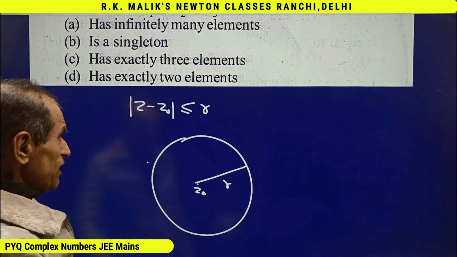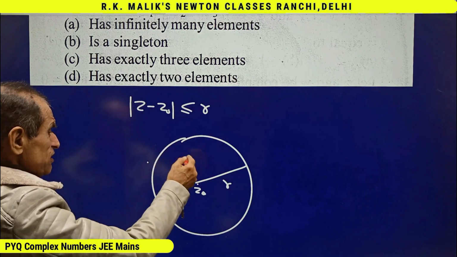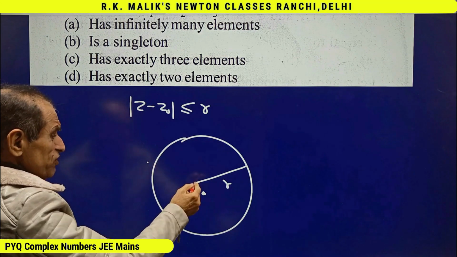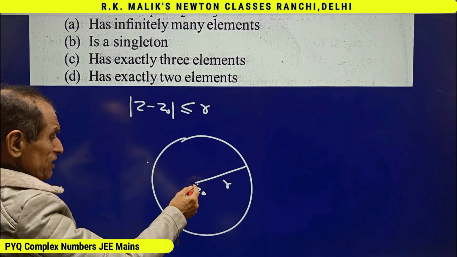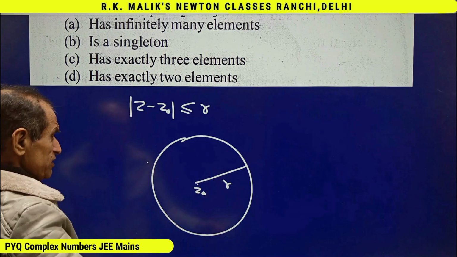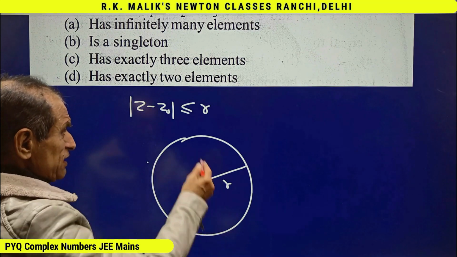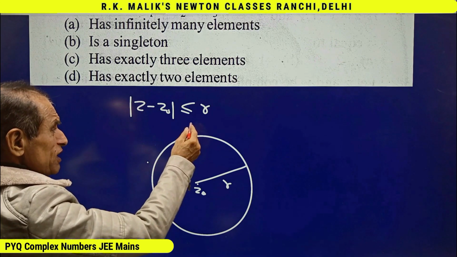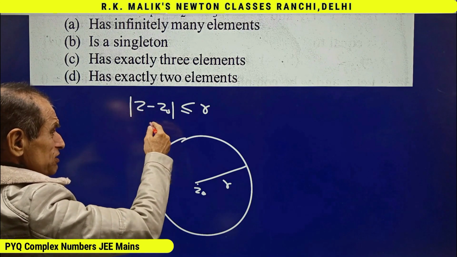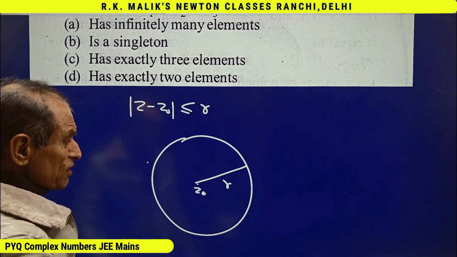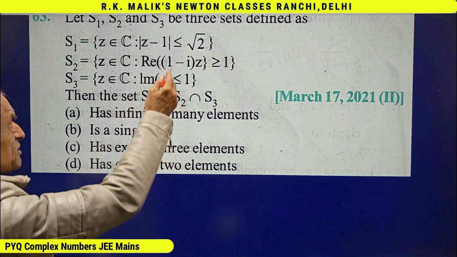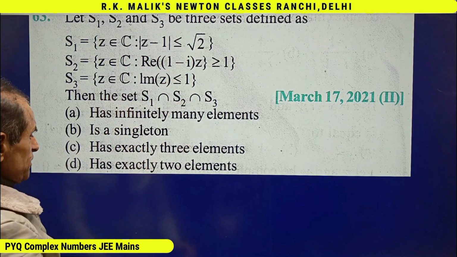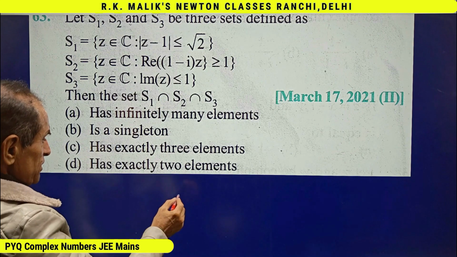That is, mathematically this equation represents a disk with center Z0 and radius R. Had it been equal to R, then I would have said that this equation represents a ring. Hence this equation represents a disk